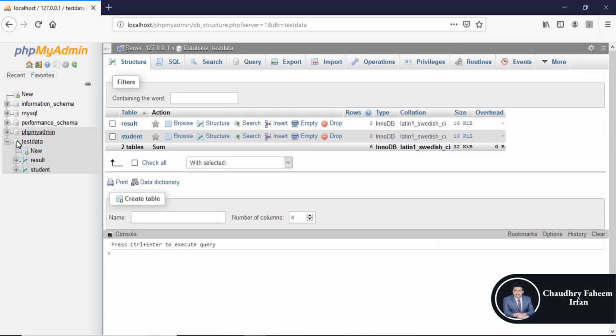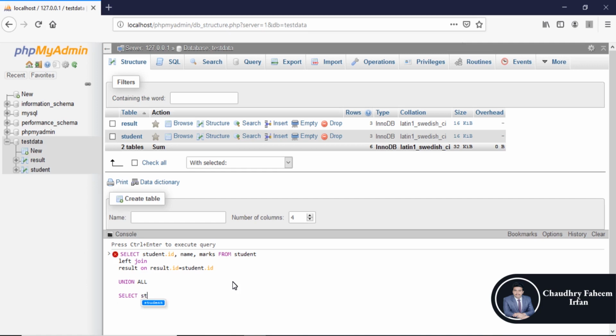Select the database, test data, and select student.id, which means the student table and ID is the attribute, and another attributes are ID, name, and marks from student, left join with result table on result.id and student.id. So union all,